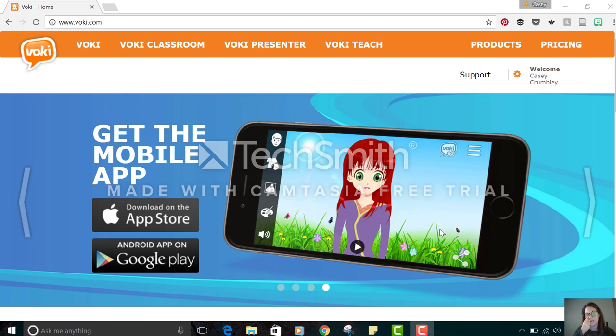I have not used it at the App Store. I see right here where it says something about the App Store. I've only used it on the computer web-based program, and there is a free version as well as a paid version. The free version, you can create one account, and then you can have students, maybe in kindergarten first, this